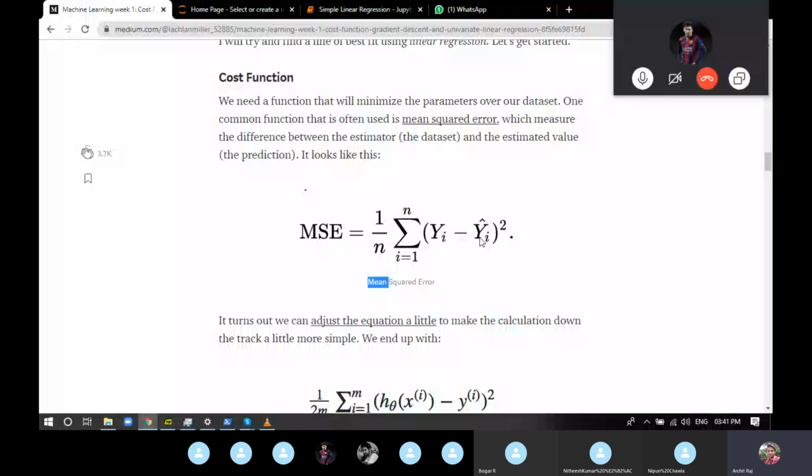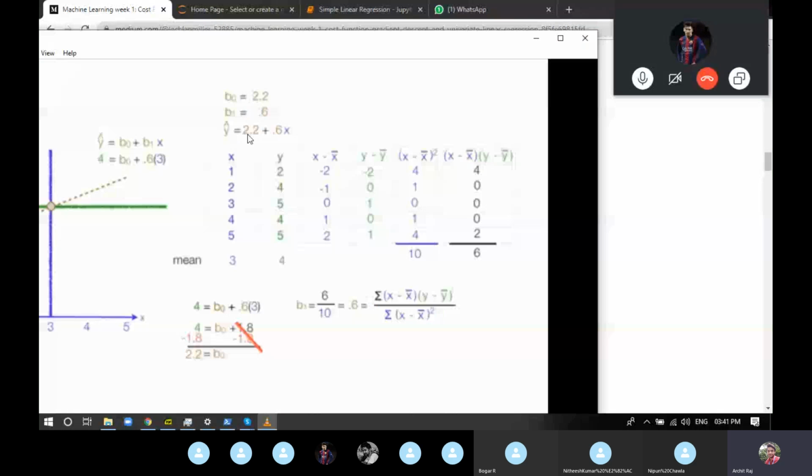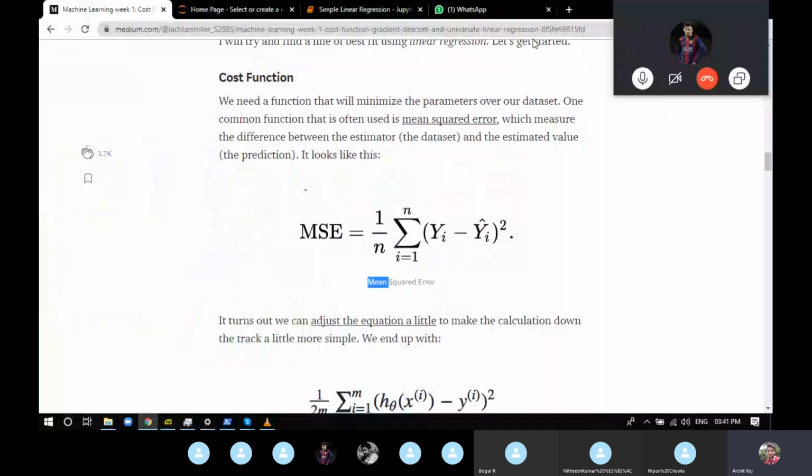I'm not exactly explaining how gradient descent works, because it's going to take me like an hour and a half to explain. I'm just giving you a rough idea of how gradient descent works, because you're never going to do gradient descent on paper by yourself. So we're just going to keep it there.